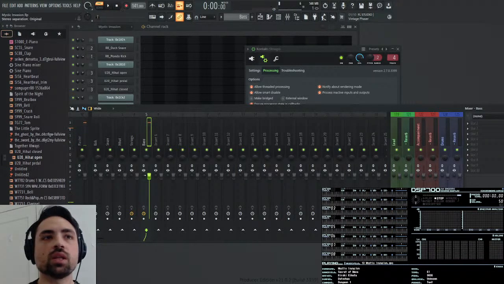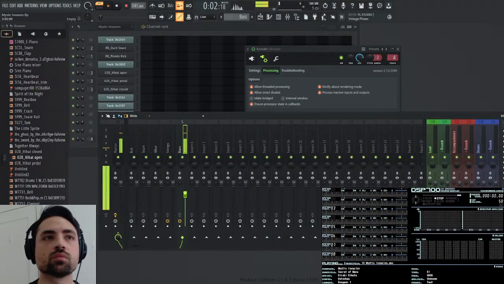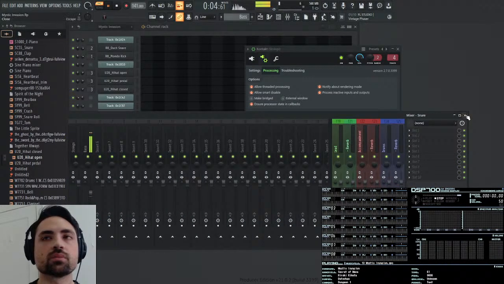and the bass is pretty loud. So let me take it down about 6 dB. Nice.